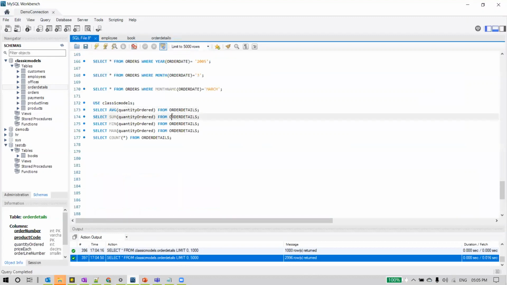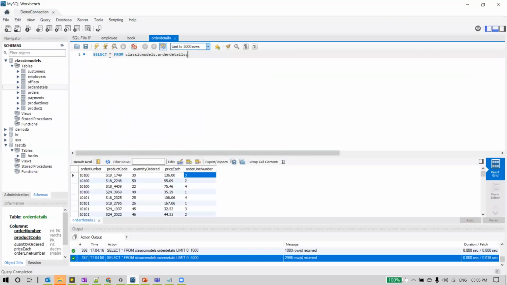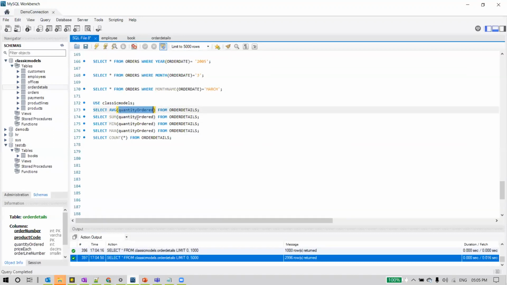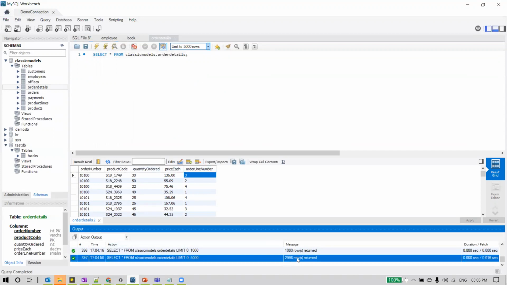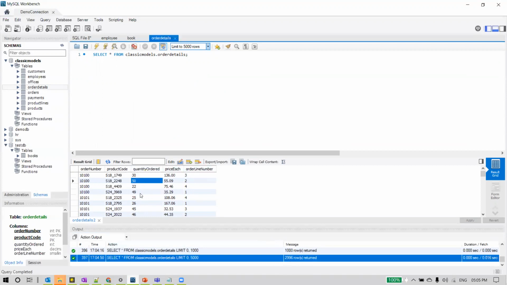Now what we wanted to do from this table is calculate the average quantity ordered. The table has around 3000 rows, and for each order there is some quantity ordered. We wanted to know the average of all these quantities.